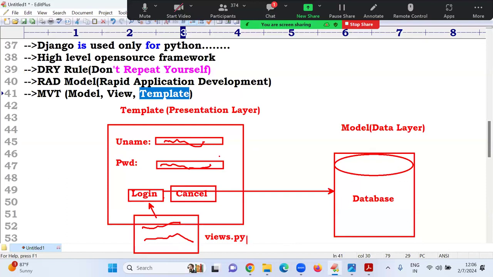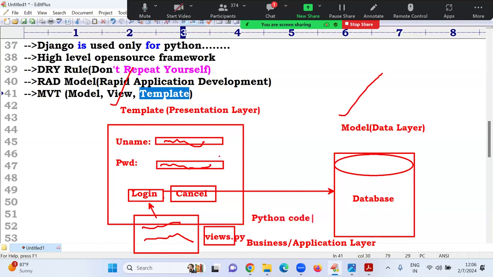This is called the business layer or application layer; here we call it the view. So model is always about the database, templates are always about your HTML pages, and view is always about your Python code.